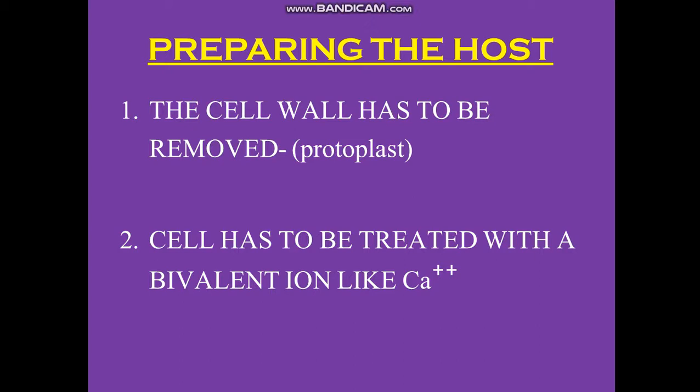This shock treatment is one type of method, and other methods will be discussed later. So 3 important things I told you in preparing the host. First, we will remove the cell wall and make a